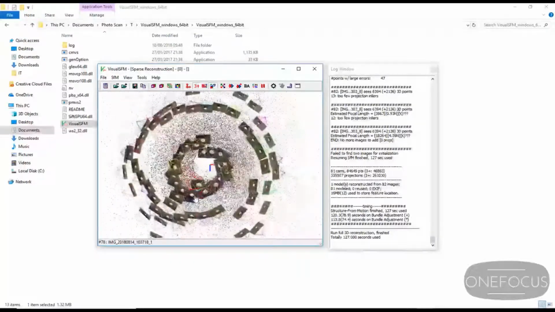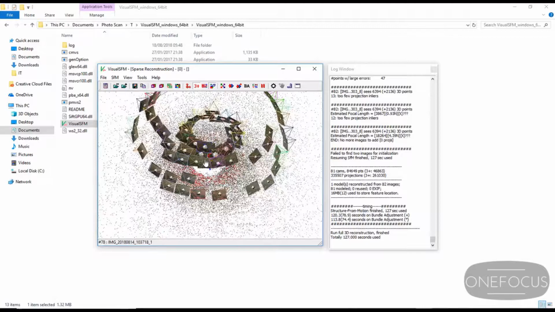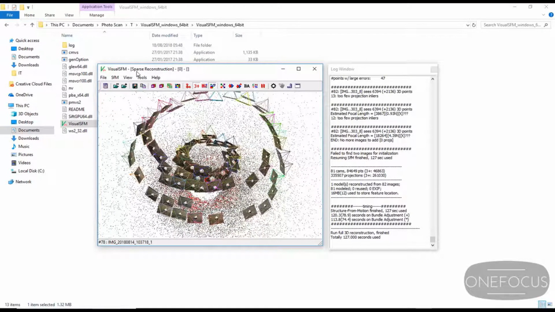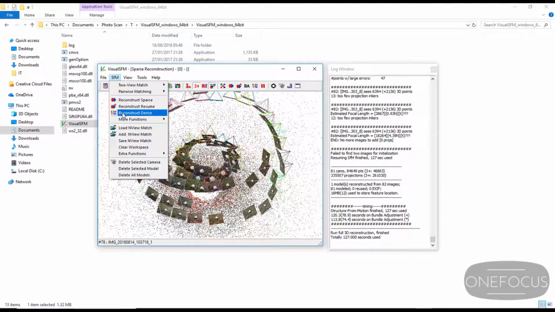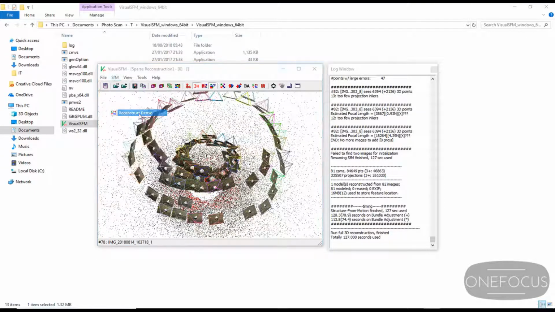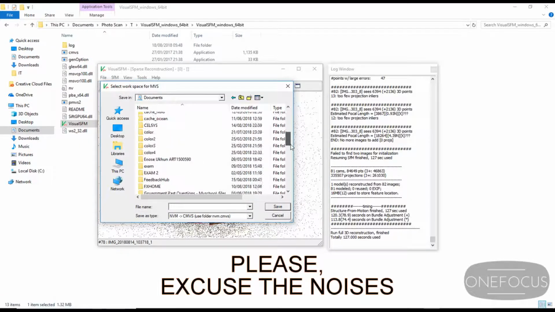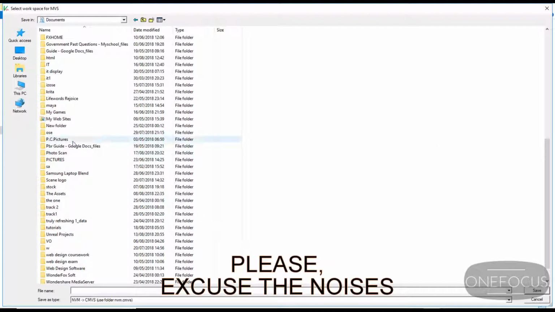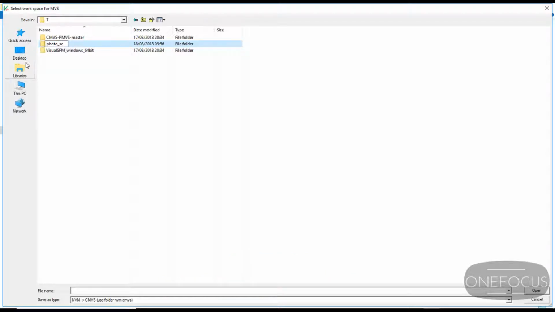Okay, so right now we are going to move on to the next step, which is we have to then reconstruct the dense points, which is going to be like polygons. We're just going to save it in the same place where we have the other files for the sake of neat keeping. We're going to just name the folder photo sc dense. Okay, then we're going to name the file